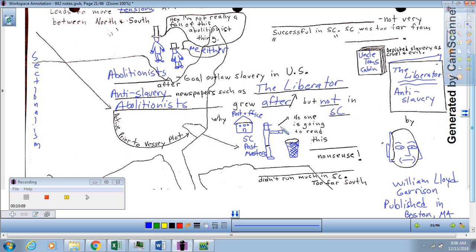"You going to send them out?" "Oh, we're going to send them out all right. Here they go. Into the trash. In fact, give me a match. Let's light this on fire." And the Southern postmasters said, "No one is going to read this inflammatory nonsense." Inflammatory means riot inciting, things like that. So these abolitionist newspapers did not get into the hands of the Southern people because postmasters merely threw them away and said, "Good riddance."